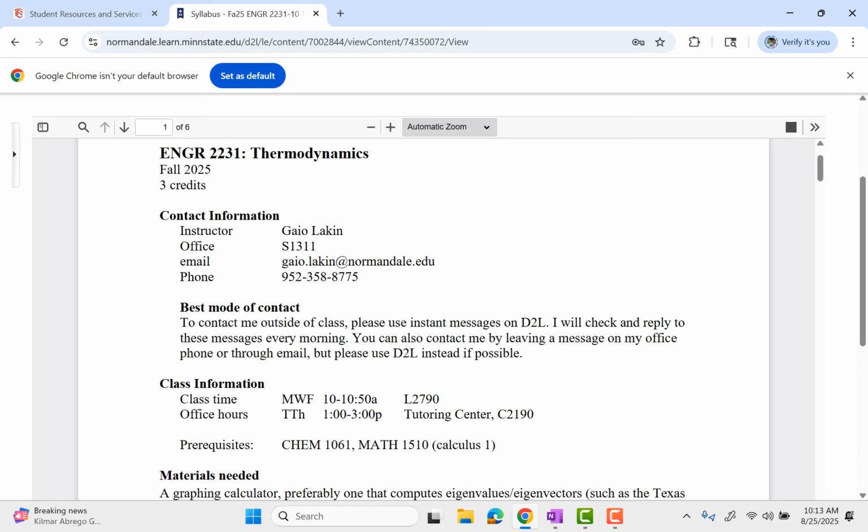I have a PhD in engineering mechanics at the University of Minnesota. That department is a very mathy, kind of like applied math department. So that's kind of my area. The math